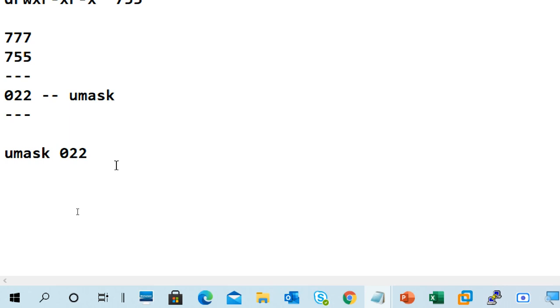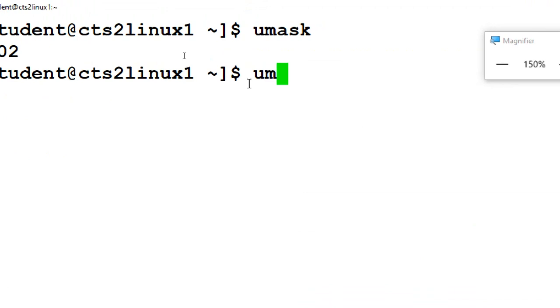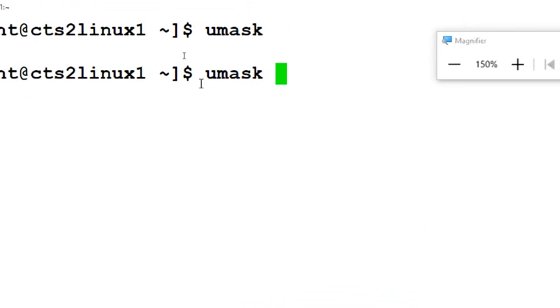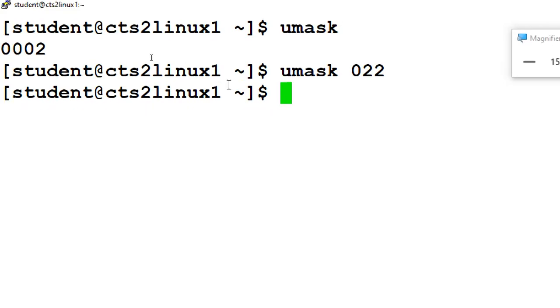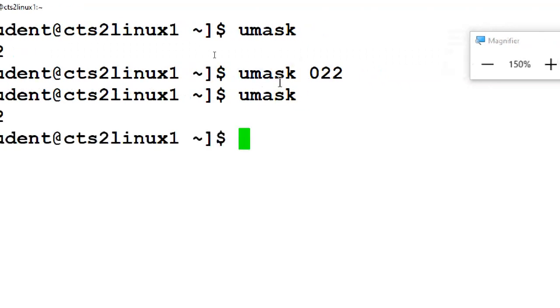Then you can try it as student: umask 022. Okay, so the earlier value is this one, and now I change it to this one to see whether it changed or not.